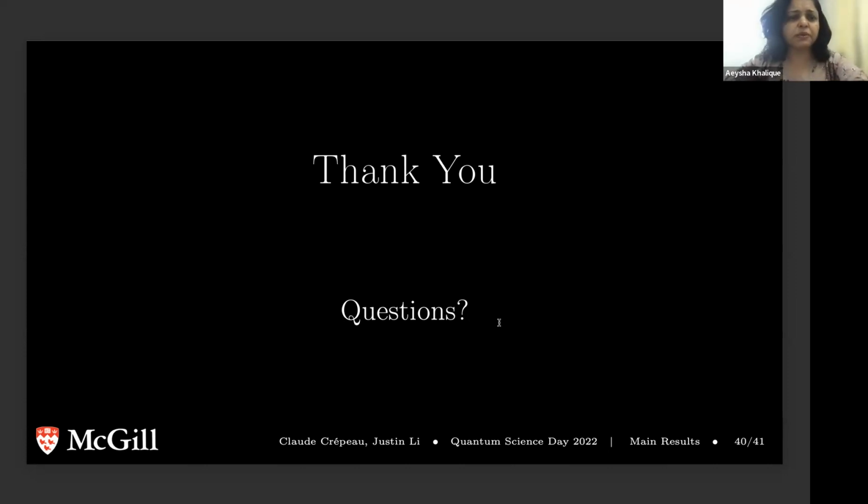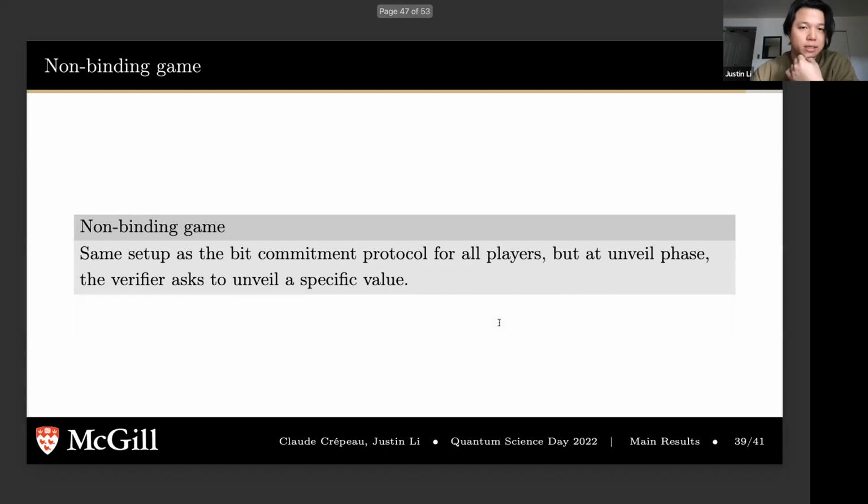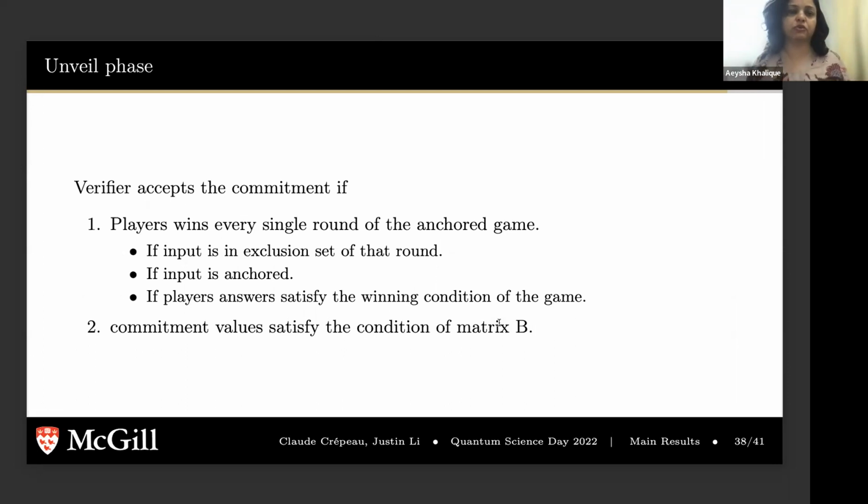So how vulnerable is this scheme to losses? If there's some adversary involved in between and some of the bits get exposed, then how safe is it? If there's some adversary, like if the player wants to cheat the protocol? Yeah, if a player cheats or the channel reveals the value to a third party. Oh, so you're saying there's an additional party involved, and then he unveils what he wants to answer to the other player? Yeah.